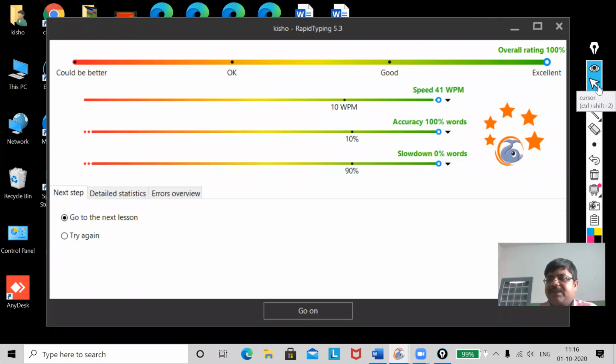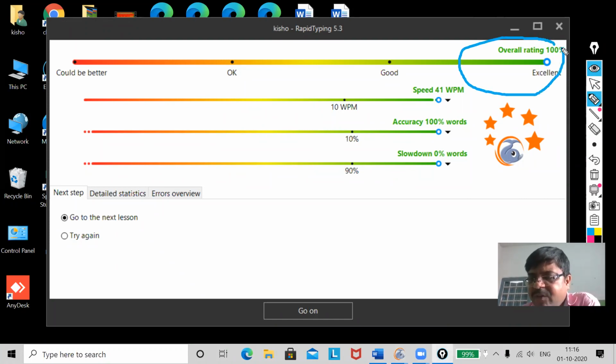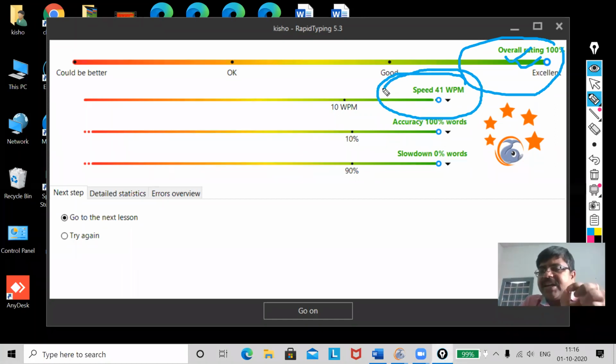It is showing my accuracy. That means I have not made any mistake. Whatever letters were flashing on the screen, the same letters I have pressed. It is 100%. Now it is showing me the speed. I have typed 41 words per minute.